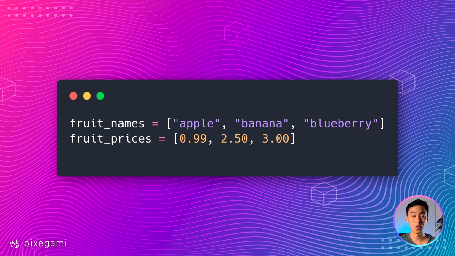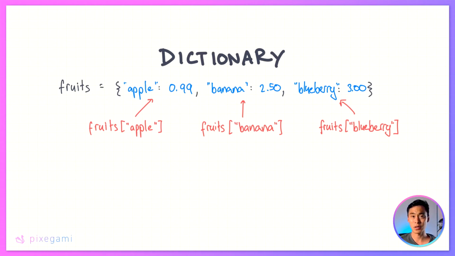Secondly, it also lets you store pieces of data that are connected together a lot better than lists can. A list only has the order of the items to relate between them. But if you have something like the name of an item and you wanted to correlate it with the price of an item, then dictionaries provide a much better way to associate those two separate pieces of data. So to understand how that works, let's take a closer look at dictionaries.